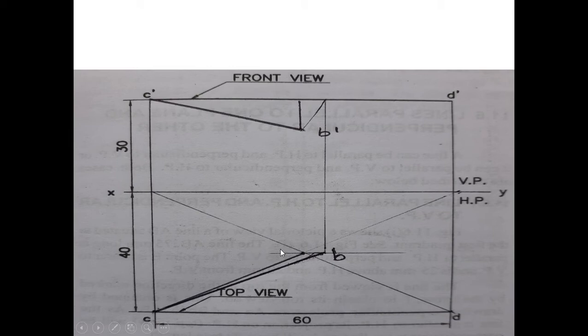Then that point you drop to the locus of B. You are drawing the locus of B. This arc is meeting here. That point you drop to that locus. So you will get another point, B1 dash, B2. So that C B2 is the true length of the line, and that is the distance between the bulb and any one top corner.